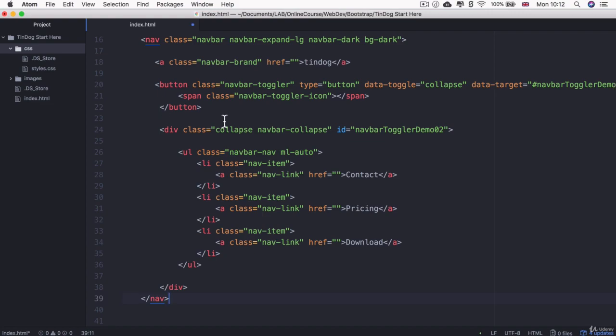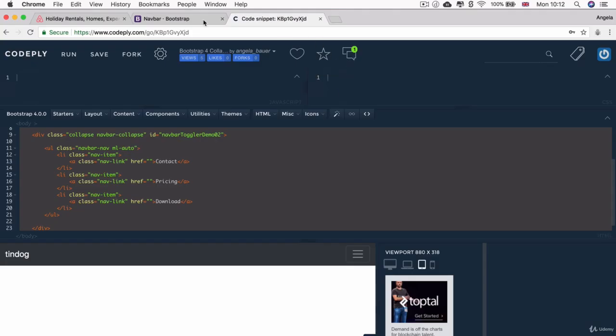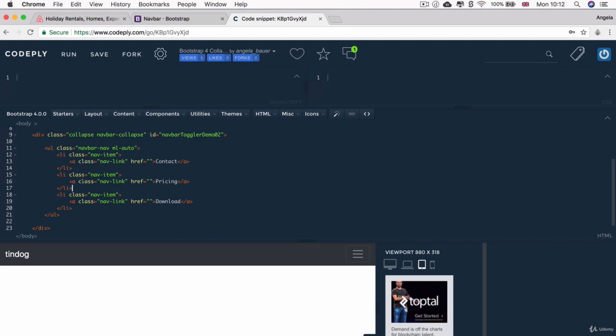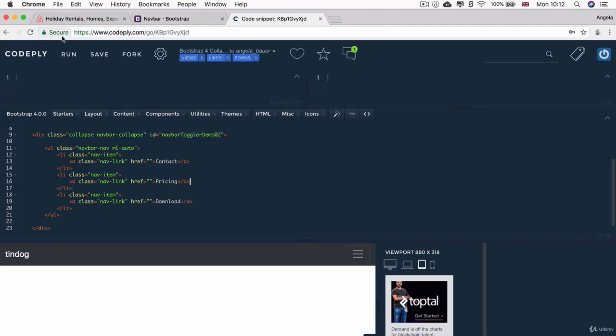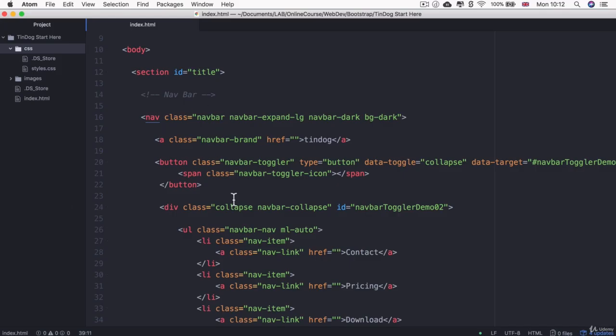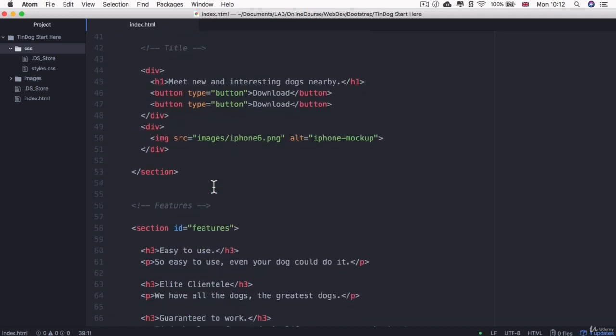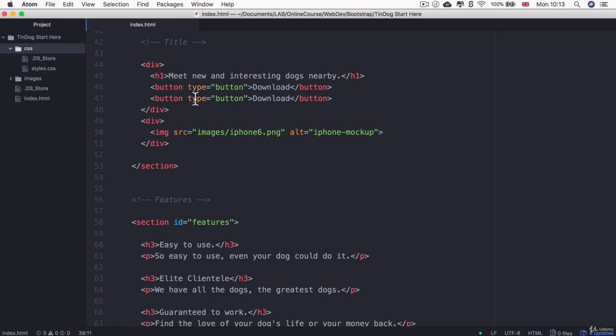So just in here. Now, if you've lost your code play area, or for some reason you can't find the code that you created here, then I will provide a link to the code play that I created that we followed along so that you can open it up in your browser and just simply copy this code into your new project file. Now, if you keep scrolling, you'll see that there's many sections,